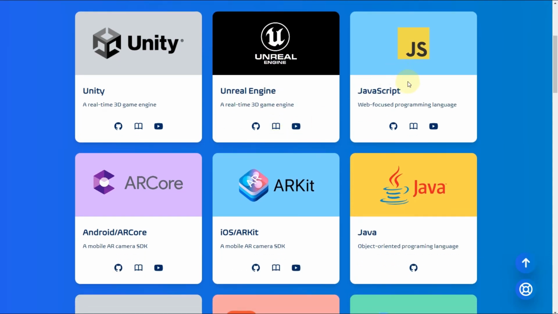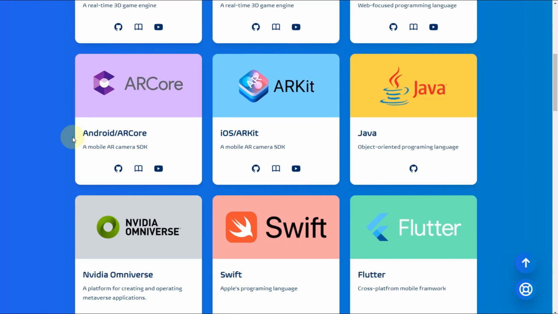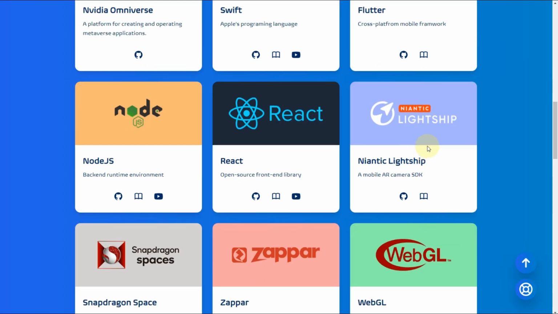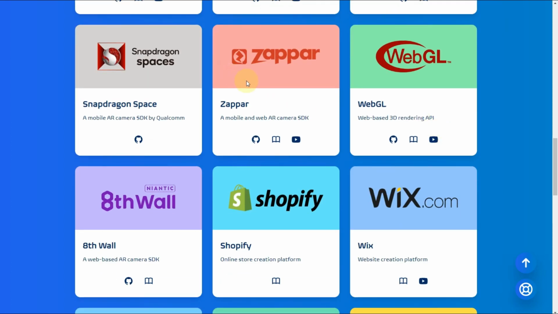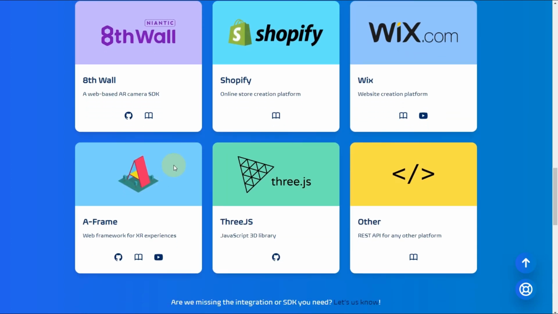And we have just about anything and everything you're looking for, from JavaScript to a standalone AR core project on Android, to iOS, Flutter. We're even working on some projects with Snapdragon Spaces. We have something for Niantic Lightship. We have something with some of our partners at Zapper, Eighth Wall, Wix, 3JS, A-Frame, you name it, we probably got it.